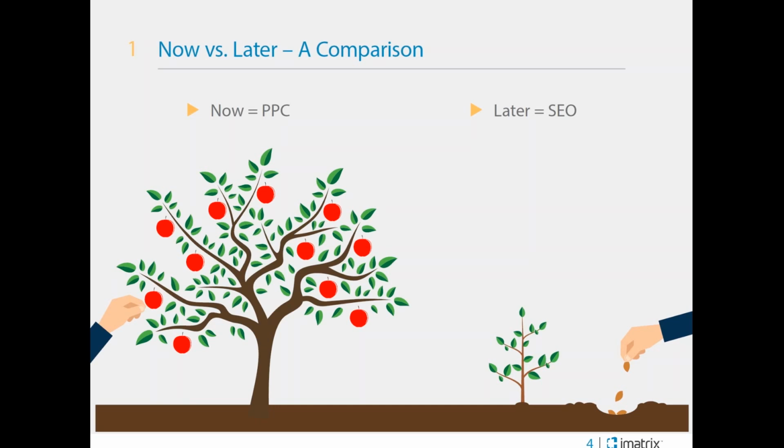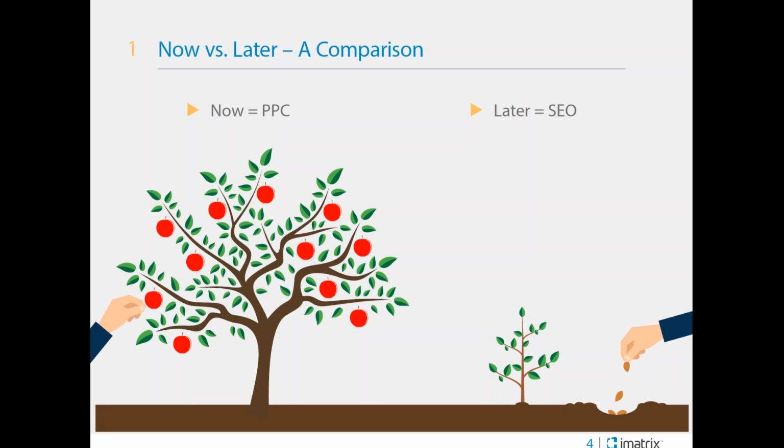So again, the way that I describe it is we want visibility. We want those top 3 spots on Google that have the highest visibility, which in turn turns into the highest traffic to your website. SEO is equivalent to growing a tree. We really need to invest in content, which I'll get into a little bit later when I talk about what organic SEO is. And we want those roots to grow. It can take longer, but then it's fruitful on its own, and then we have the fruit.